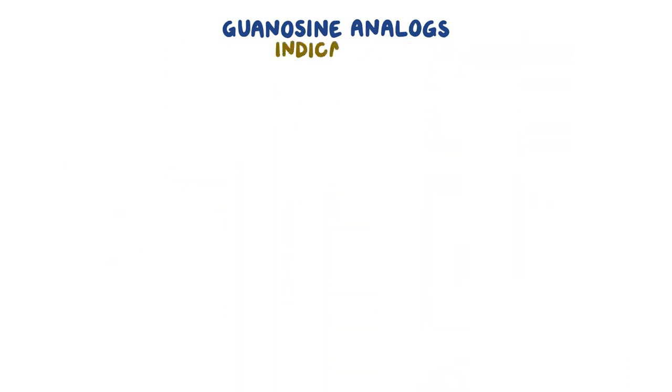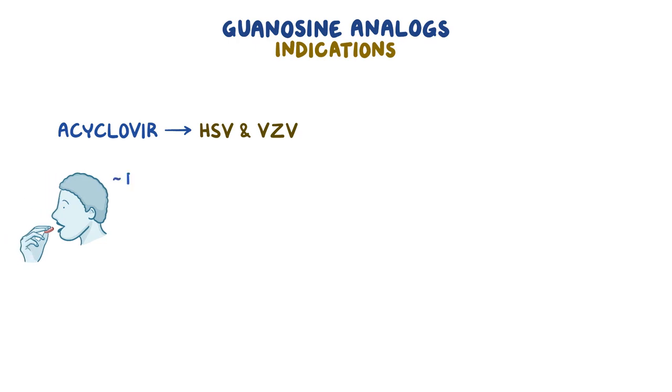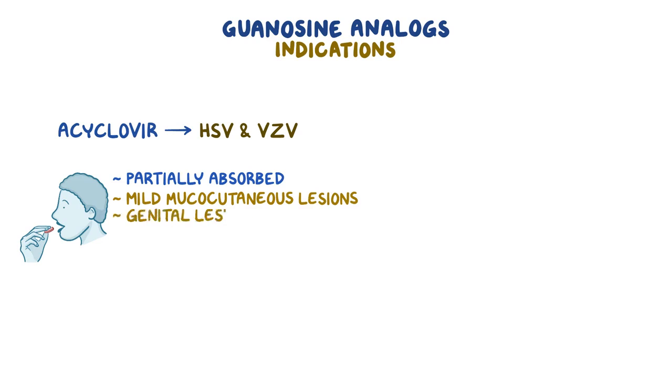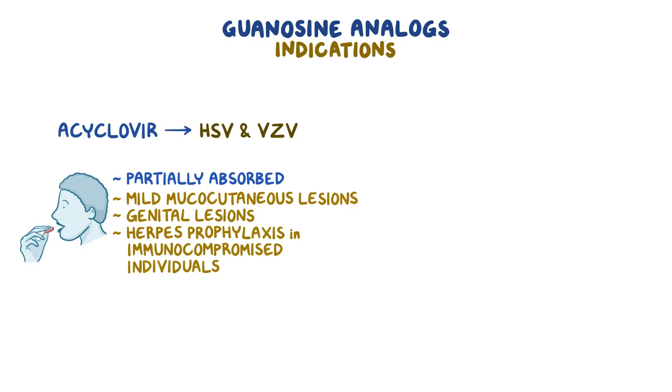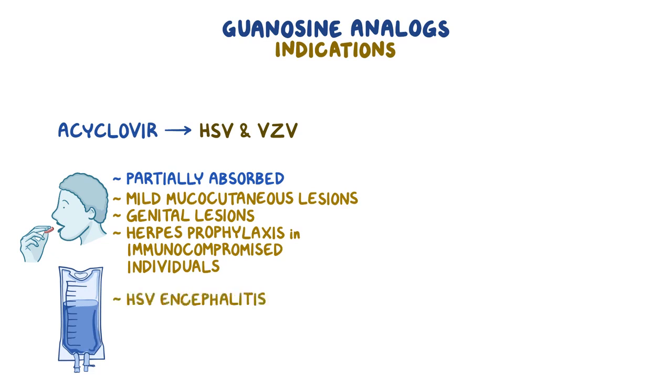Alright, now let's move on to indications. Acyclovir is active against HSV and VZV. When it's used orally, it's only partially absorbed, and so oral acyclovir is used for mild mucocutaneous lesions and genital lesions, or for herpes prophylaxis in immunocompromised individuals such as individuals with AIDS. Now, intravenous acyclovir is the treatment of more severe herpes infections, like HSV encephalitis. Acyclovir has no effect on latent forms of